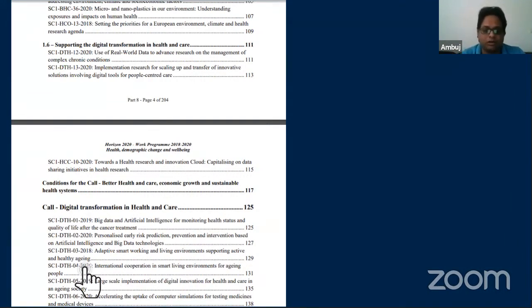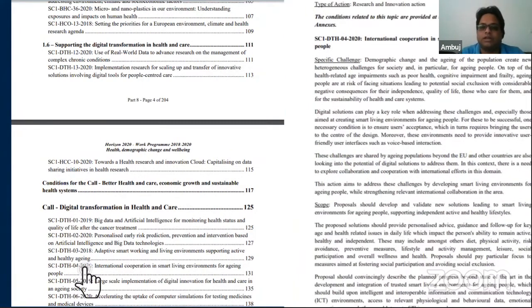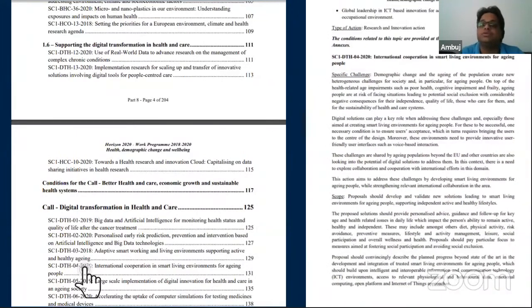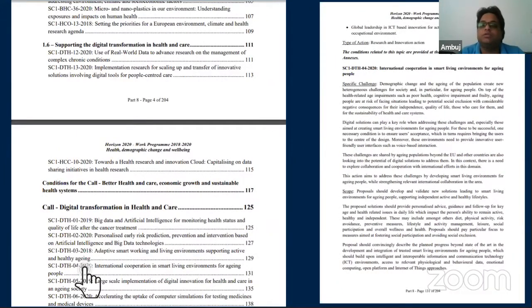So if you click on this particular program or call, you will see the details about that call, and it is very clearly mentioned what you should do and what you must include in your project proposal to be accepted. Because if you don't include these things, however nice your idea is, it will not be accepted. And by the way, the average acceptance rate for any kind of funding is between 7 to 13%. The maximum is 13% that has ever been reached in any financial year.